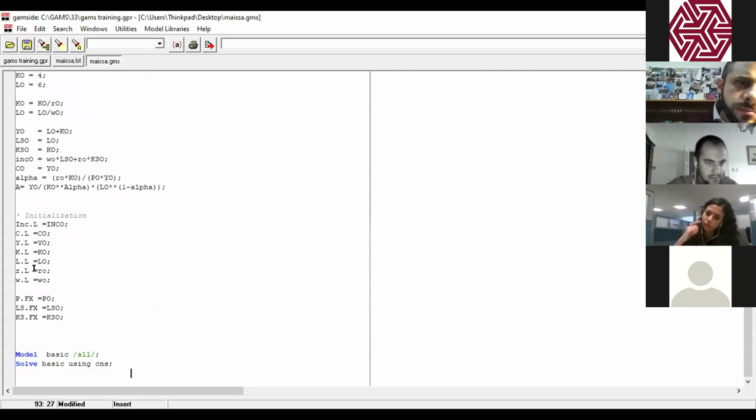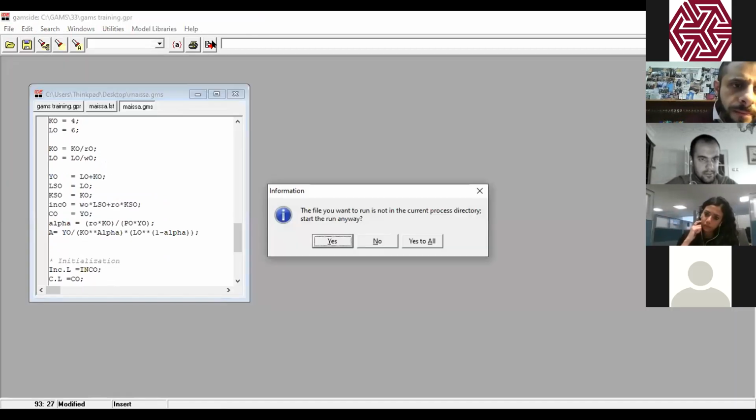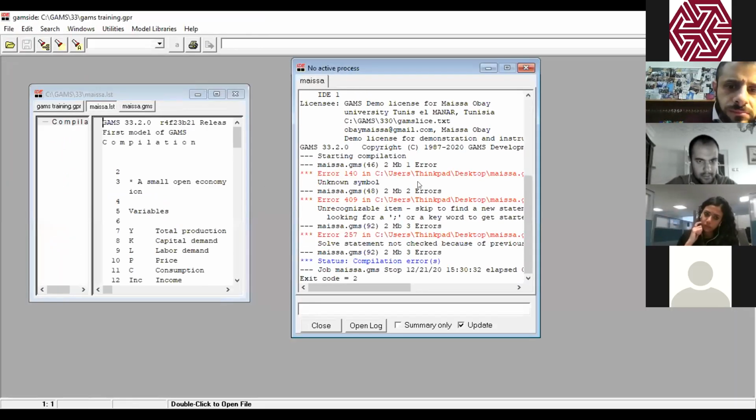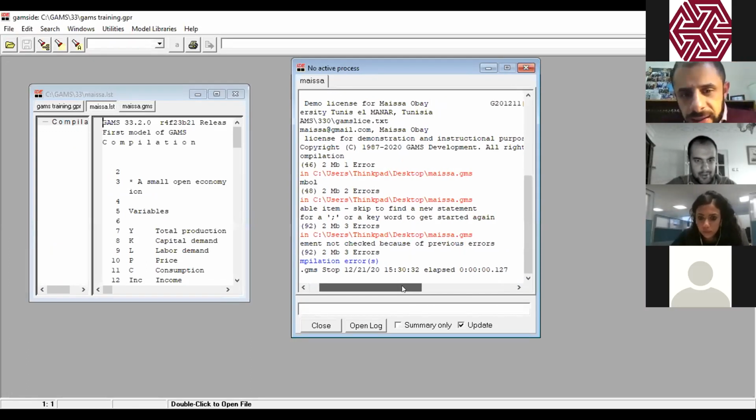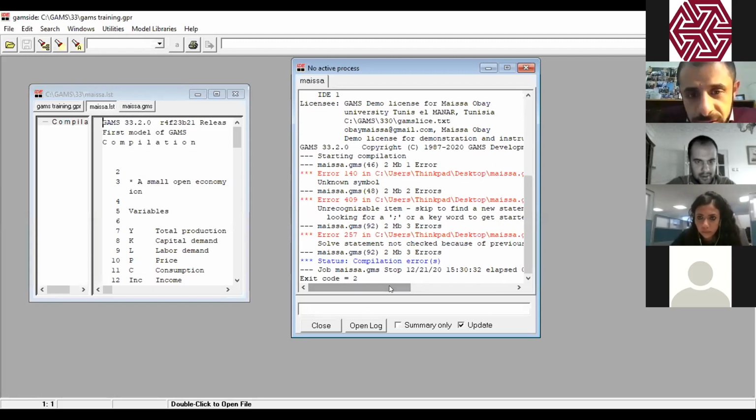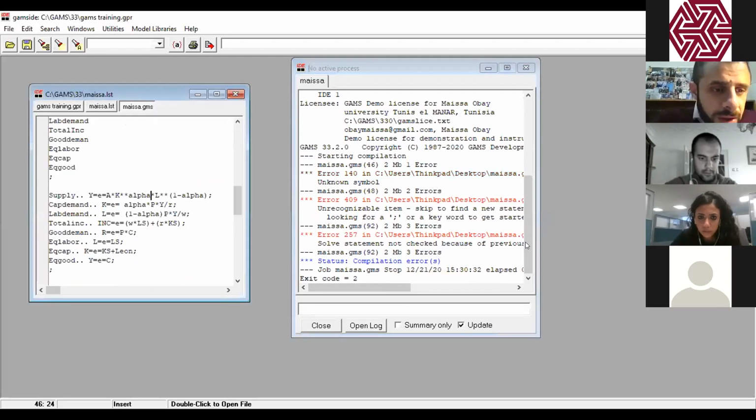So run. Yeah, there is a problem. So here we have, as you can see, GAMS has two types of errors. Here we have syntax errors, meaning that some errors are declared in red, and they direct me to the error.